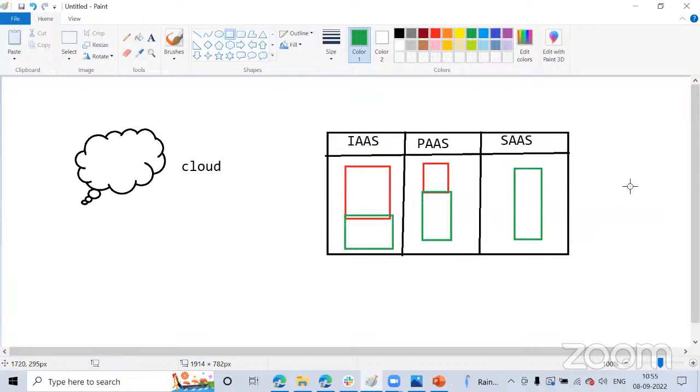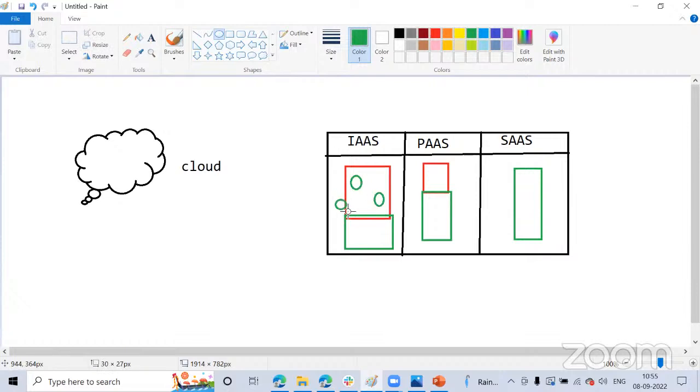Okay. So right now, these are the three things: one is infrastructure as a service, one is platform as a service, and one is software as a service. So first we went to that shopping mall, and we have seen these three floors: infrastructure as a service, platform as a service, software as a service. Now I need to go and purchase some item. Here there is a list of items. We are beginners, so we